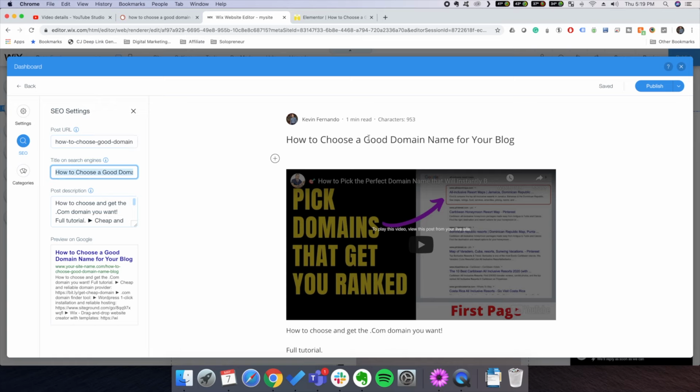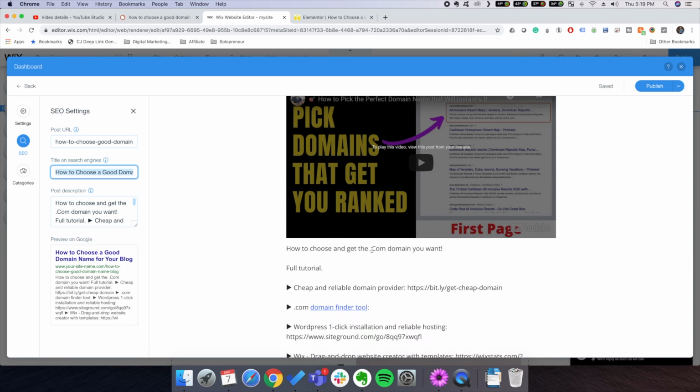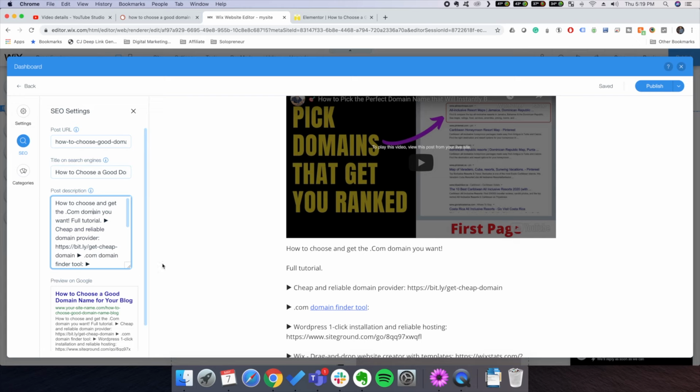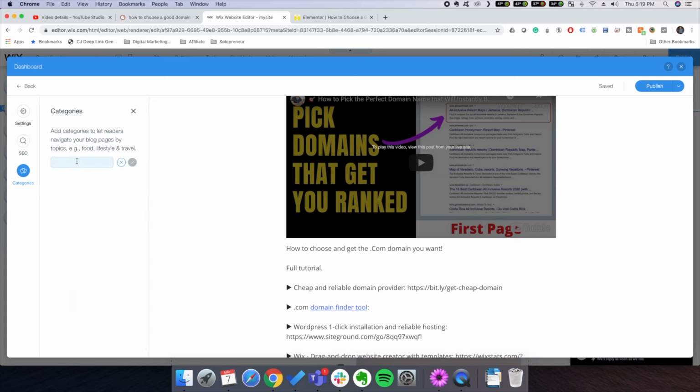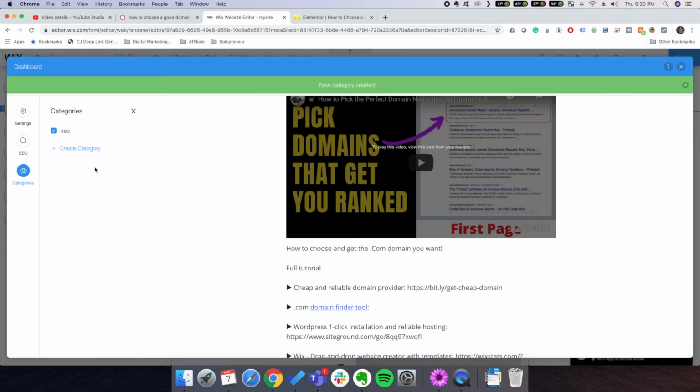The title matches that. Then how to choose and get the .com domain you want. You can have a description here, which is what we have down here. And you can see how it'll preview on Google. You can go to categories and make sure you add like SEO. You add some categories, right? These are like tags,